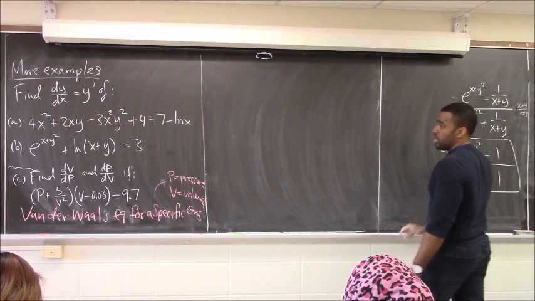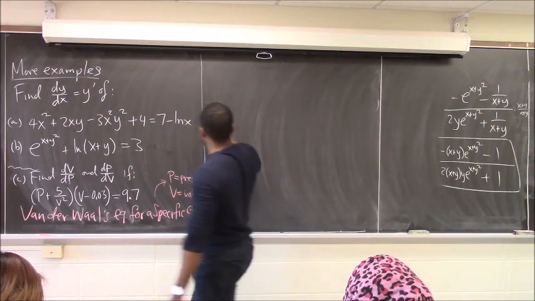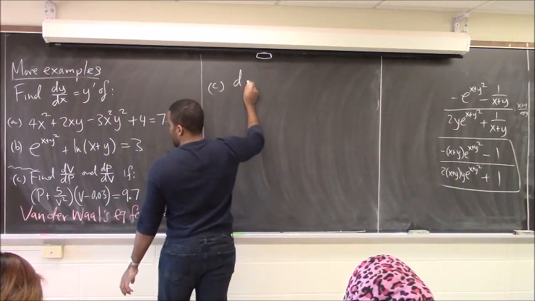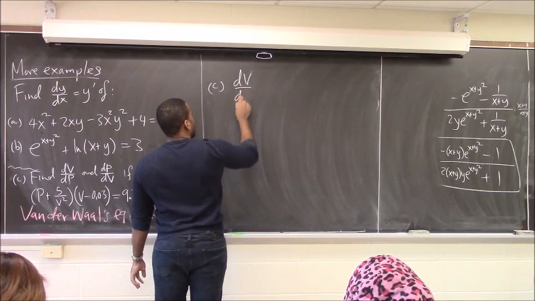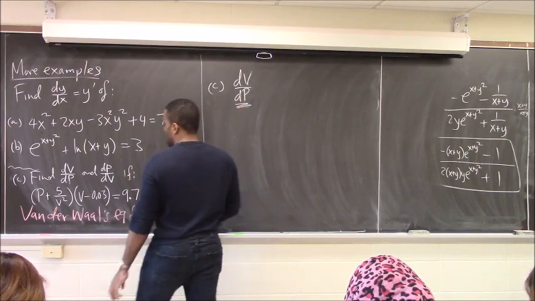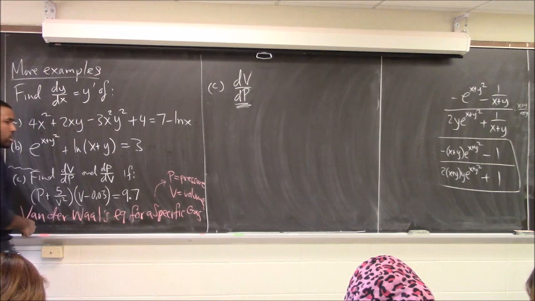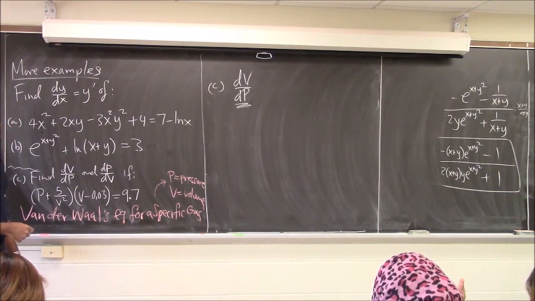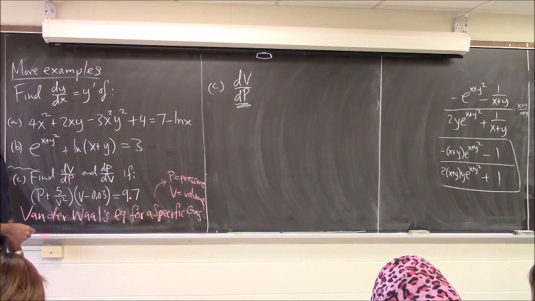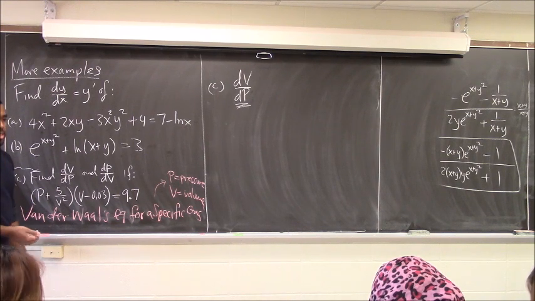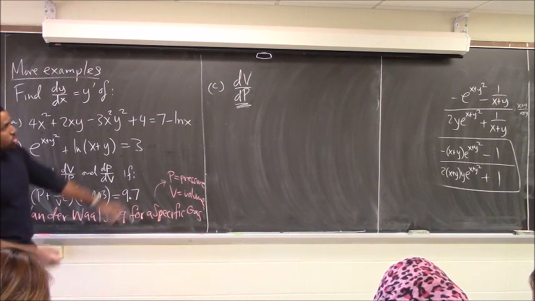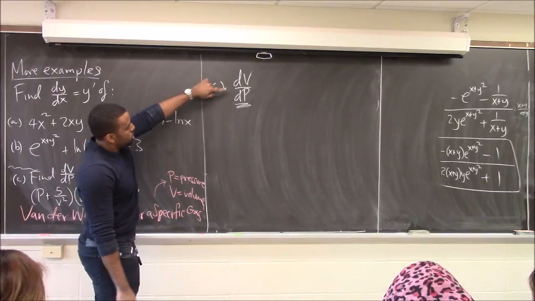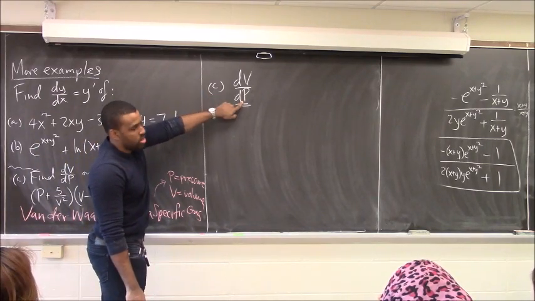Now, what about part C? Now that's an interesting one. Let's look at dv/dt. What does that mean? How would I go about finding that derivative? What does it mean, dv/dp? Yeah? It's the same as dy over dx, so p would be the x here. Right, exactly. So this notation tells you who you're thinking of as the independent variable, that's always going